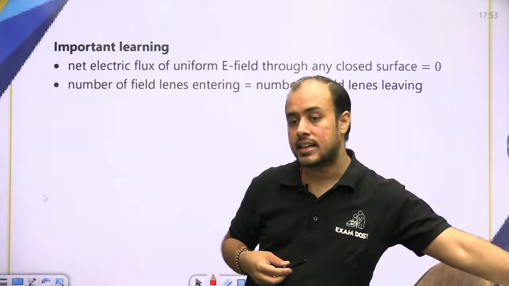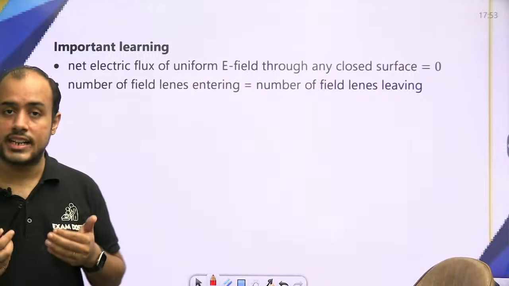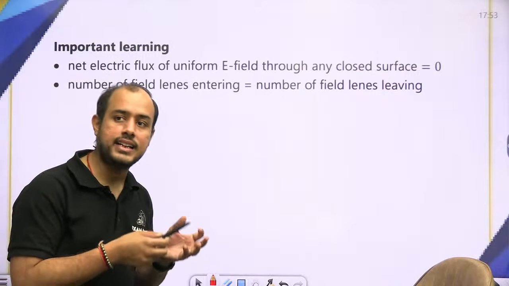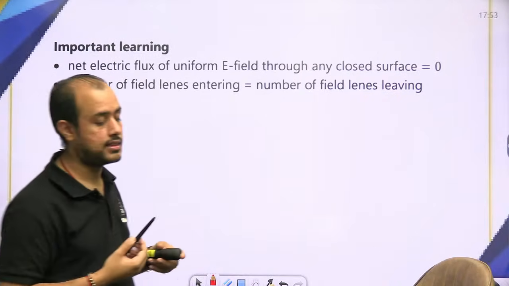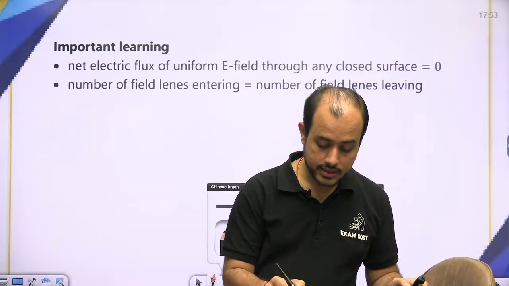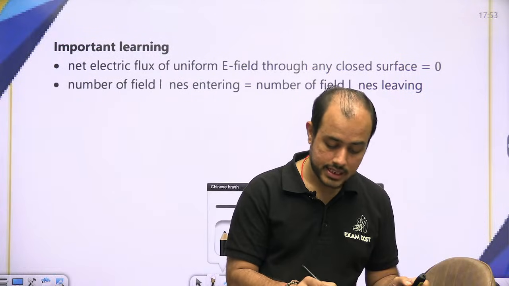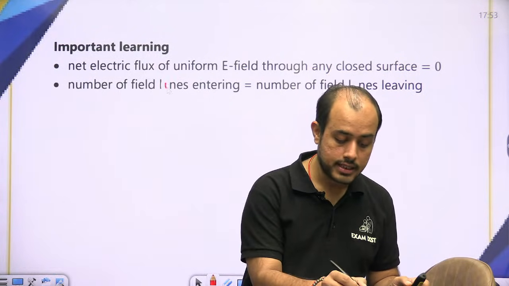जितनी लाइन एंटर करेंगी उतनी ही लीव करेंगी, तो एक्चुअली लीविंग लाइंस इज काउंटेड एज पॉजिटिव फ्लक्स, एंटरिंग इज टेकन एज द नेगेटिव फ्लक्स, तो नेट फ्लक्स विल बी जीरो। समझे कैसे जीरो हुआ? जितने लोग अंदर आए उतने ही लोग बाहर चले गए, तो नेट फ्लक्स इज जीरो।